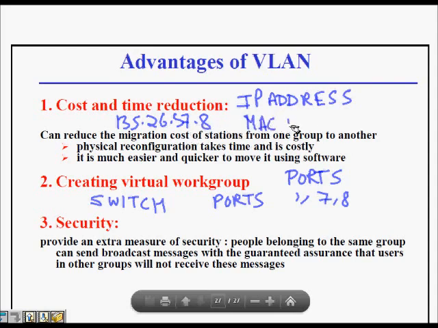We can also do it based on the MAC address. So there are different ways of doing it, and VLAN helps in configuring different virtual LANs and removes the physical boundaries. I hope you understand this. Thanks a lot.